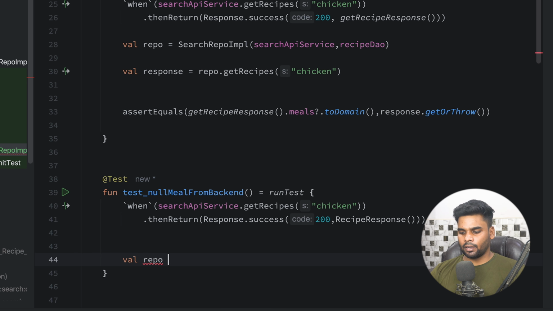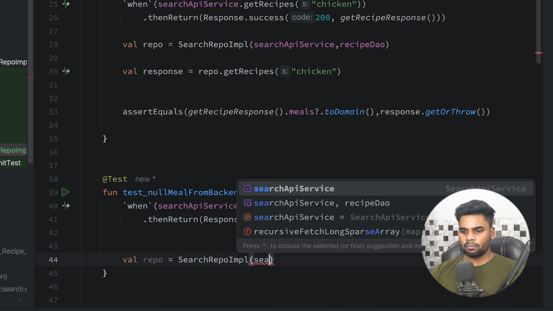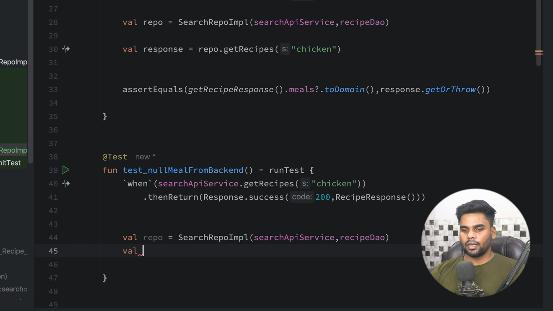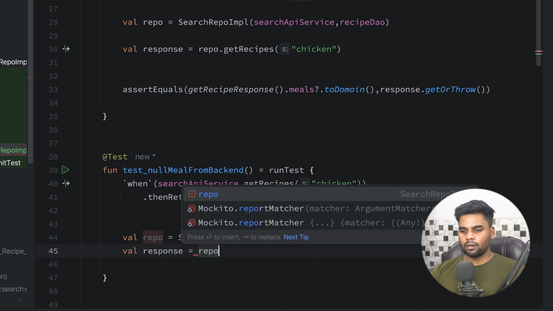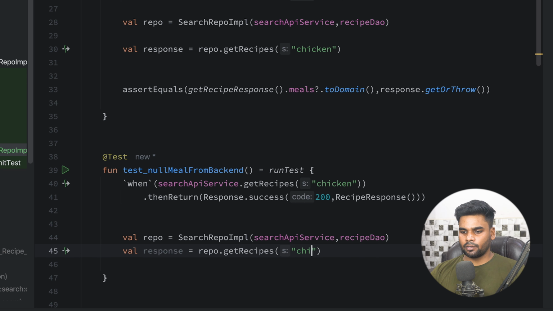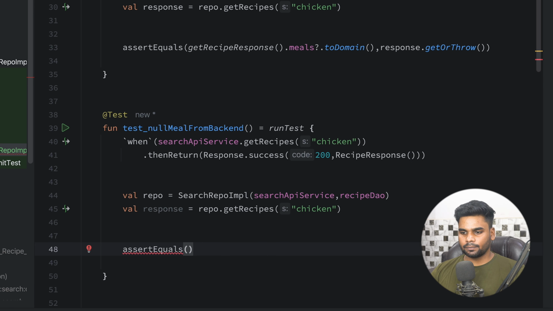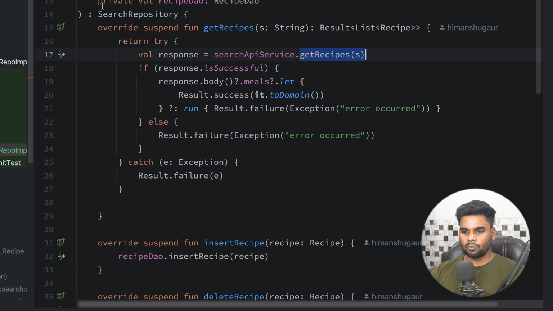Okay, now the rest of the thing is pretty much the same as what we did for the success test case. I'm going to create my repository, SearchRepositoryImplementation, pass my searchAPIService and recipe data access object. Next I'm going to create a response variable, repository.getRecipes, and use the same query that you used for your searchAPIService.getRecipe over here. All right, now it's time to perform the assertion. Here we are receiving an error. If you notice in our SearchRepositoryImplementation, if our meal is null, then we are getting a Result failure